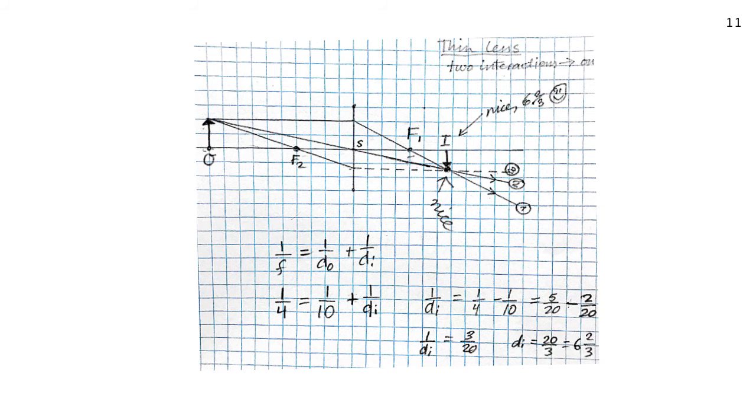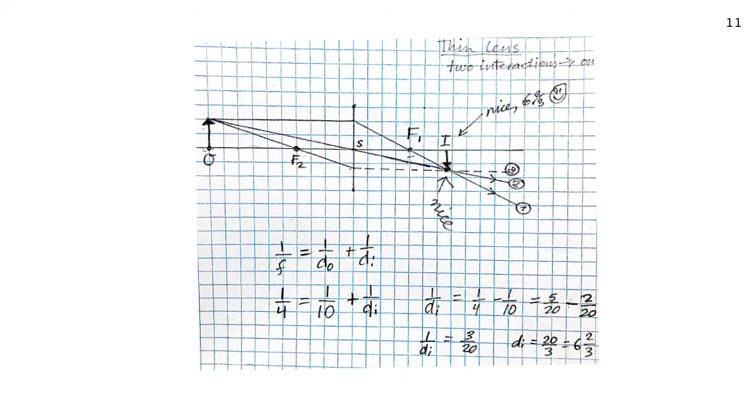Okay, so I'll label this number 2, and here's number 1. Okay, so right here is my image. Put a dot where those 2 rays intersect. Okay, and here's your image location. Now it's upside down. And it looks to be about 6 point something blocks to the right. All right. Now,